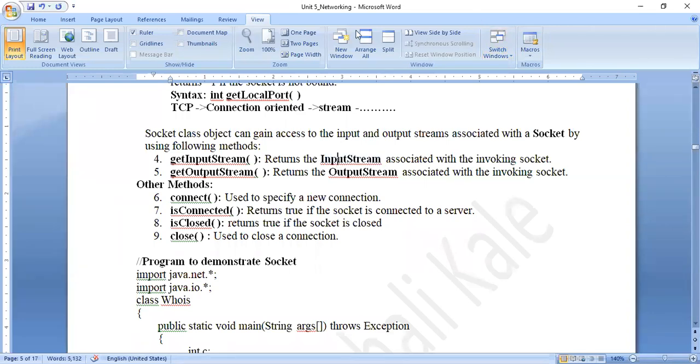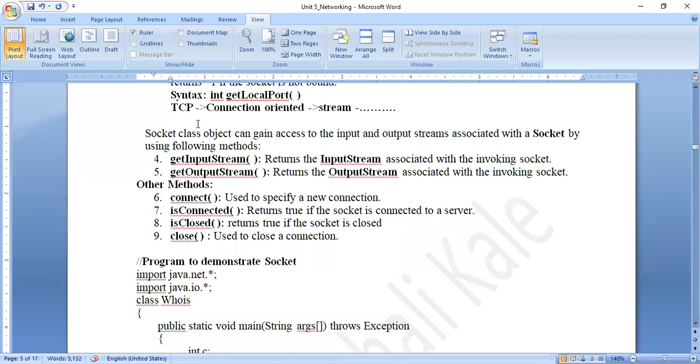The InputStream and OutputStream classes are used to pass the request or to send the response from the server. When the client requests information, it is called the request. When the server serves the necessary information, it is called the response.